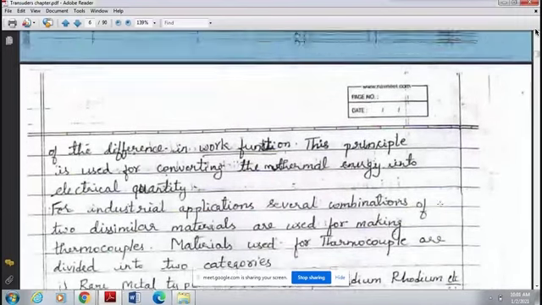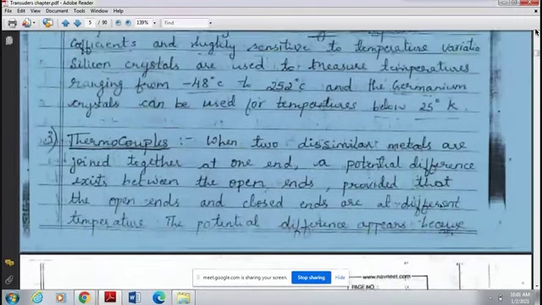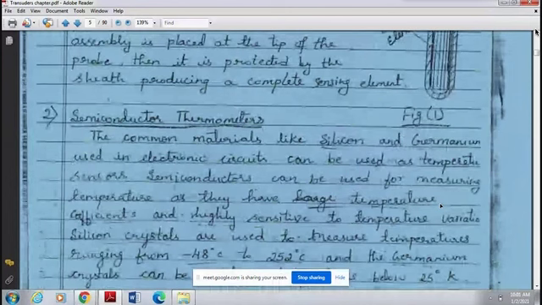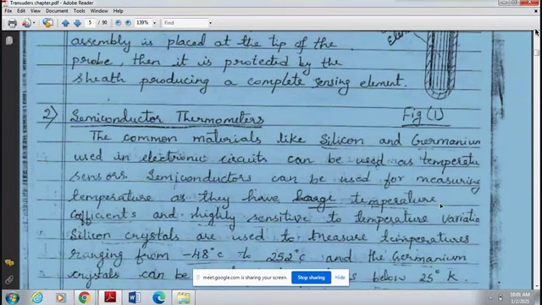So here, the main thing we have to say is that a resistance temperature detector works on the principle of change in the resistance of the conductor. Okay, whenever there is a change in the resistance of the conductor, it says that there is a change in the temperature. So that can be measured by using the equation R is equal to R naught into 1